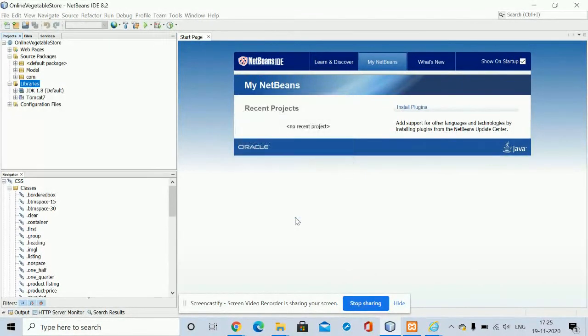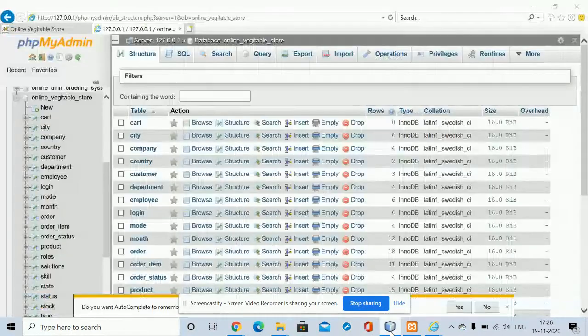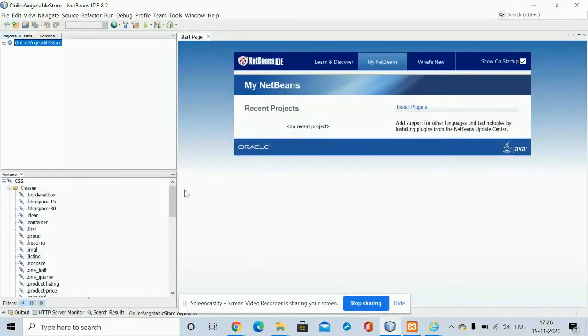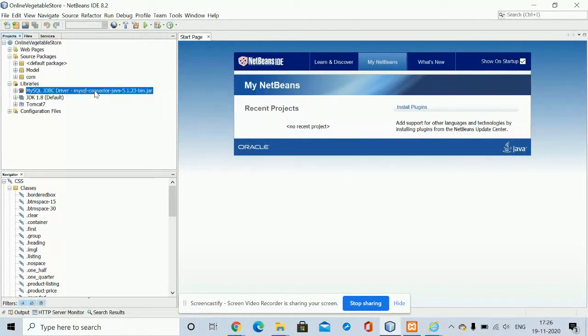Once you click on add library, it will be added here. So it's taking time, but it will be added here, right? Wait for it. Yeah, you can see it's added. You can see the MySQL connector has been added here, right?